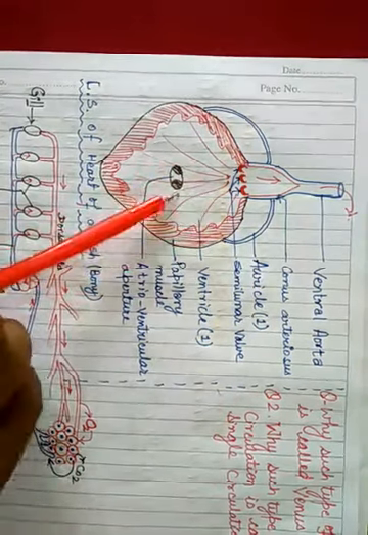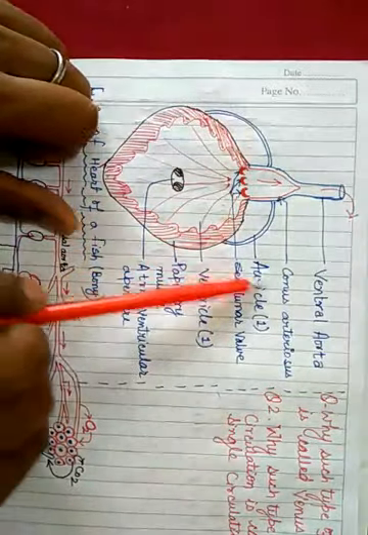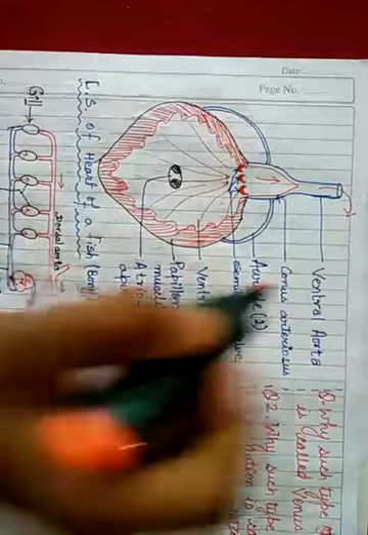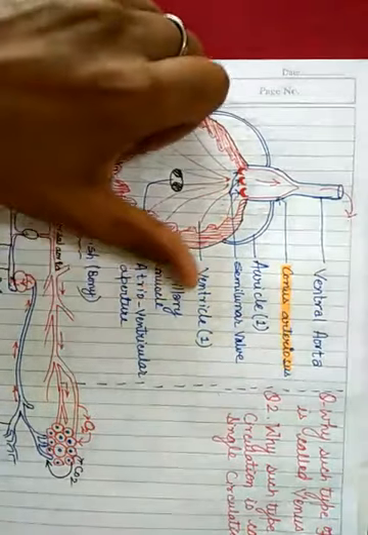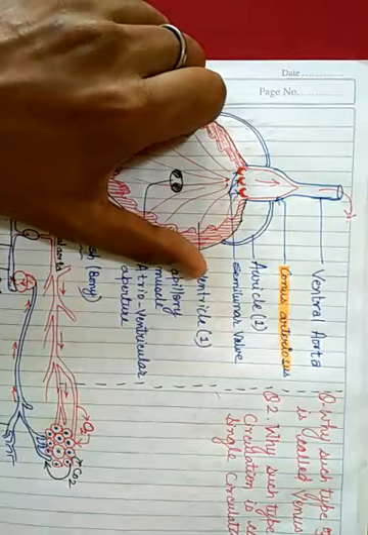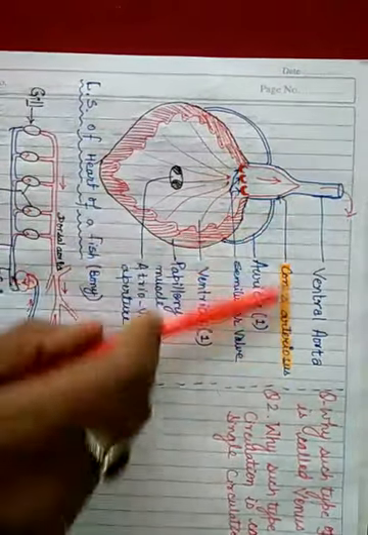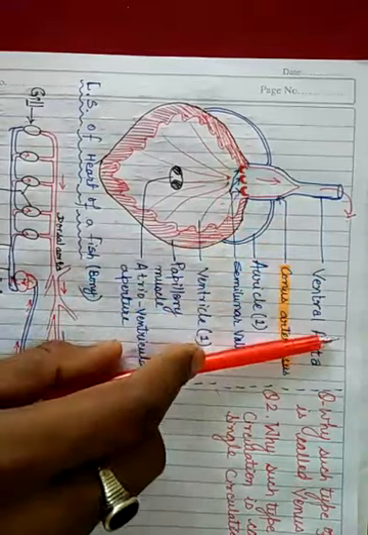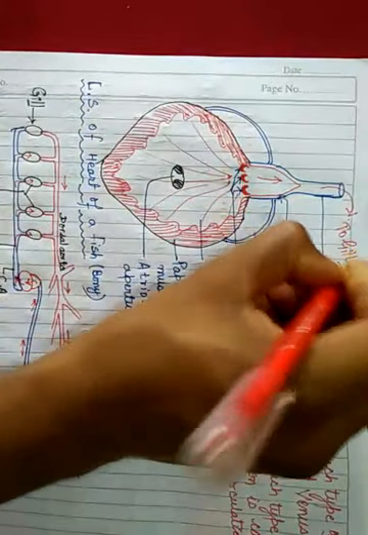After that, the blood will be pumped into this conus arteriosus, which is cone-like in shape. That's why its name is conus arteriosus. So this ventricle will contract rapidly, and the blood will go out through this conus arteriosus and ventral aorta to the gills. This will go to the gills. Clear?